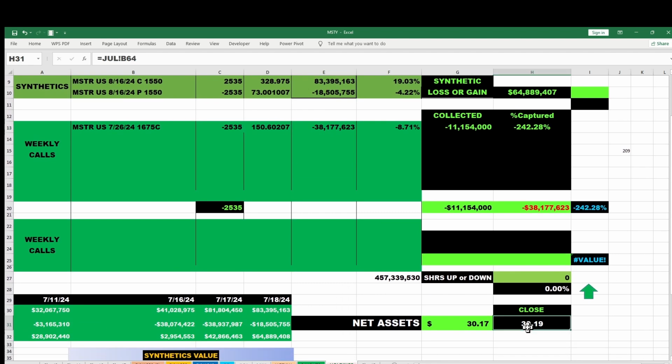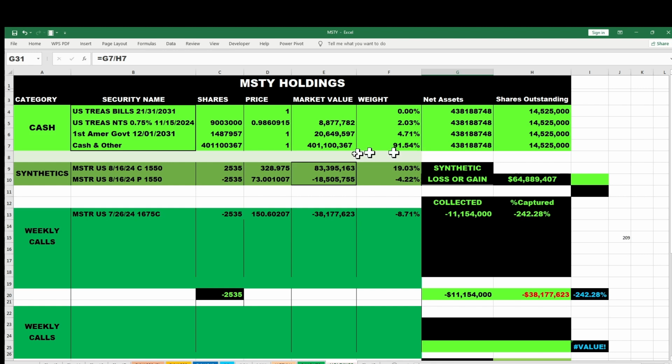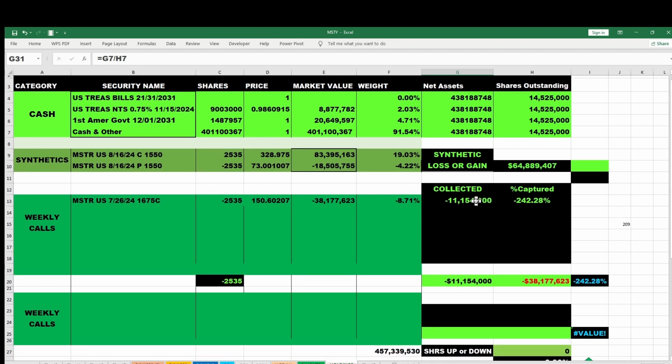So where did we close? Well, we closed at 13.19, 2 cents above what would be deemed fair value. So no shares added. So here's where we're behind and here's where we're ahead. Okay. So with this one, as we moved up some, which we did, then we gained. We're at now, I'm calling it 65 million, 64,889, rounding. Okay. And this one's really at 38 million. So you got a $65 million paper gain. And technically, right now, this is a paper loss.